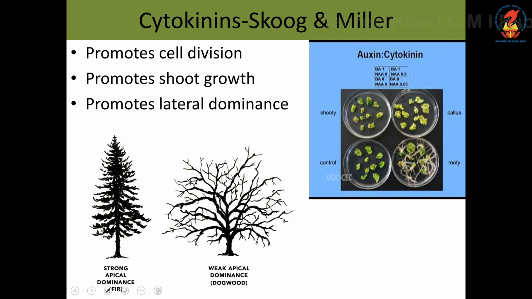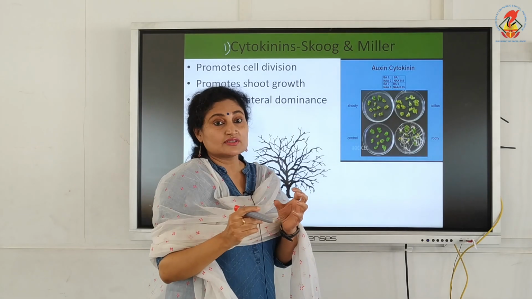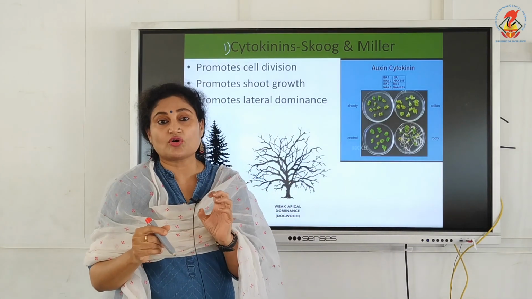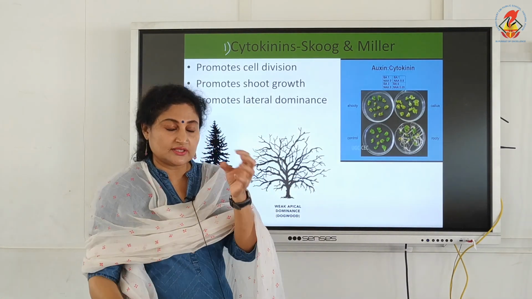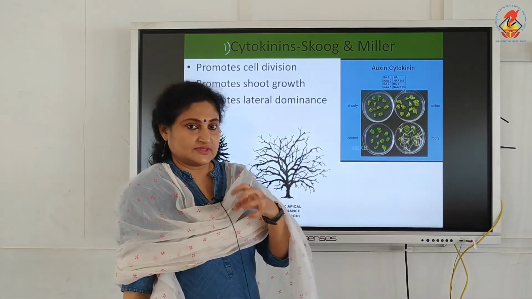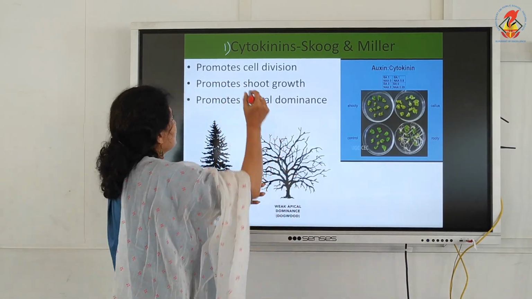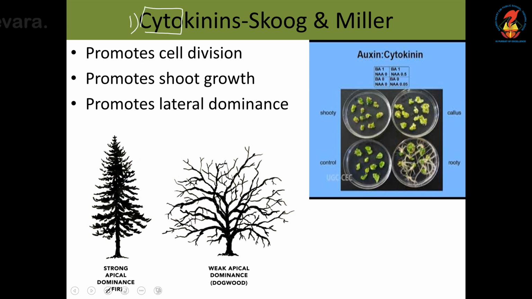Next, cytokinins. Here I have opted for a mnemonic. One is to break it from the word itself, and the second is because cytokinins are an antagonistic hormone to auxins. So, the mnemonic I selected here is from the very name: cyto, kinins, cytokinins. What is the meaning of cytokinins? Cyto stands for cell and kinin stands for division. So, cytokinins, the first and foremost